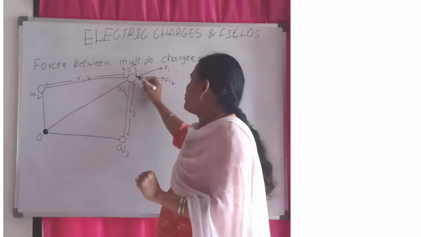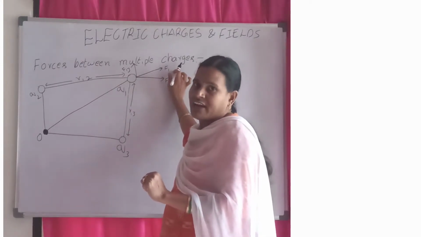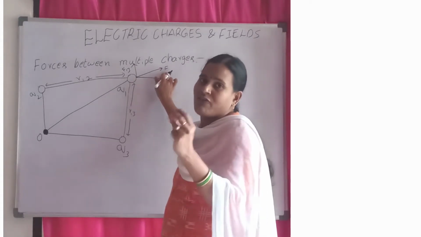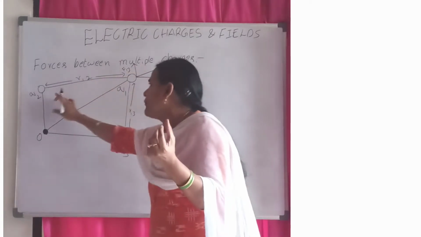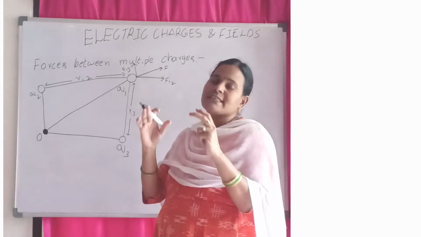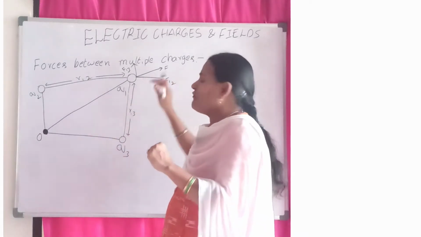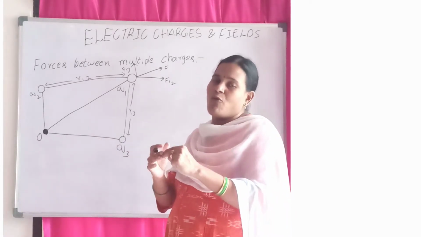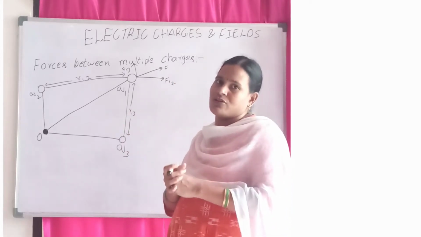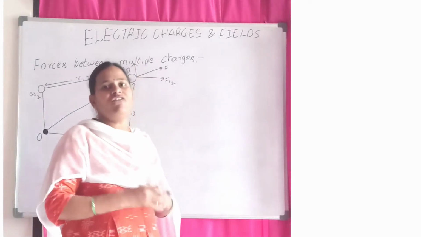At the same time, here you are observing the 3 lines. Here F is not F1, it means the final F. This F is the force finally acted on Q1 by Q2 and Q3. F13 means the force acted by Q3 on Q1, and F12 means the force acted by the Q2 charge on the Q1 charge. So final is the F, and we have to find out the value of F.